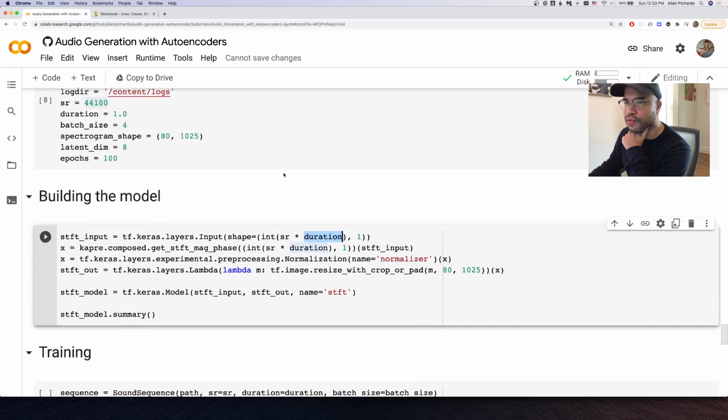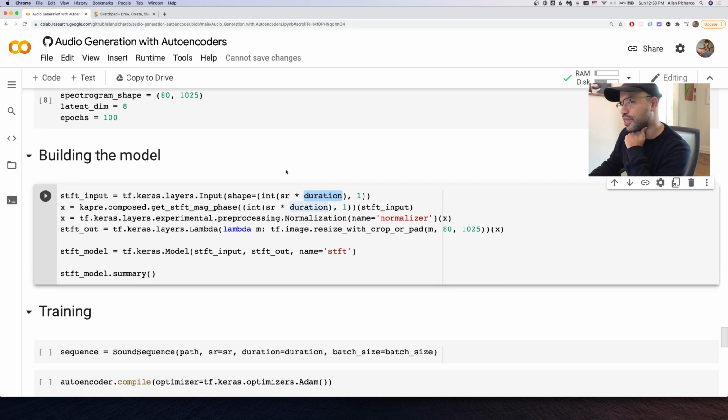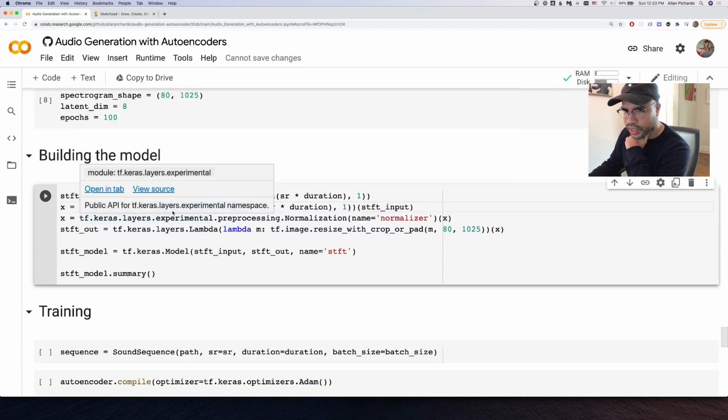In this case, 44,100 times 1. This is going to be 44,100 by 1. Okay. Then we take that input and we put it into our STFT function, and the output